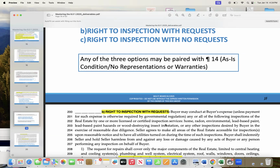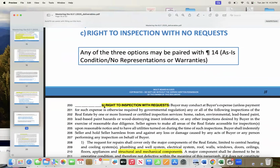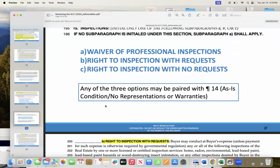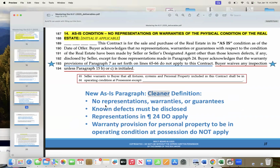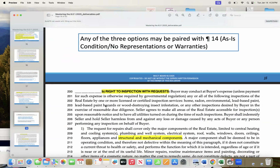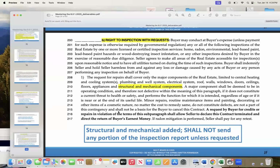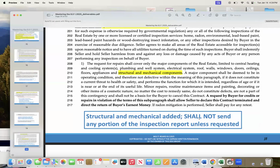Okay. So quick question, can you scroll back up to ABC? Is there a spot to put that on, like if you decide to go with B? Yes, there's an initial right here, B. Gotcha. Okay. So there's one for every one of them then. Yes, there's an initial for A and B and C. Okay, perfect. And the B will explain you can only do structural, mechanical,